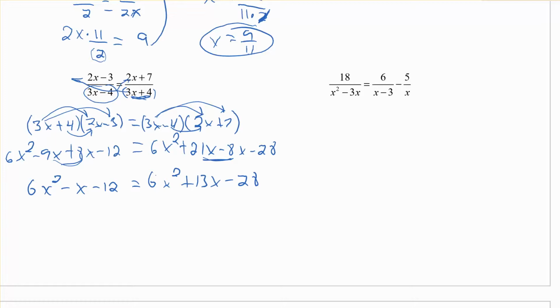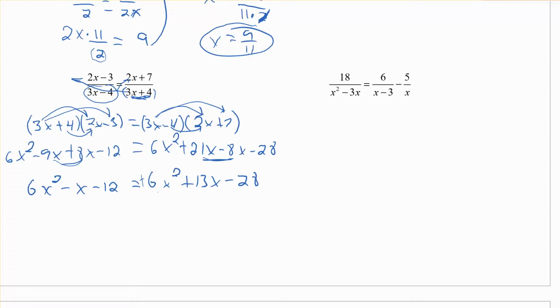Okay, now what we gotta do is just get everything over to the other side of the equation. So now all the x's up top, so we're good. But now we want to move everything over to the left side of the equation, let's say. So this is positive 6x squared now, so I'm gonna subtract 6x squared from each side. I'm going to subtract 13x from this side and add 28. So everything's going to move to that side. So if I do that, I've got